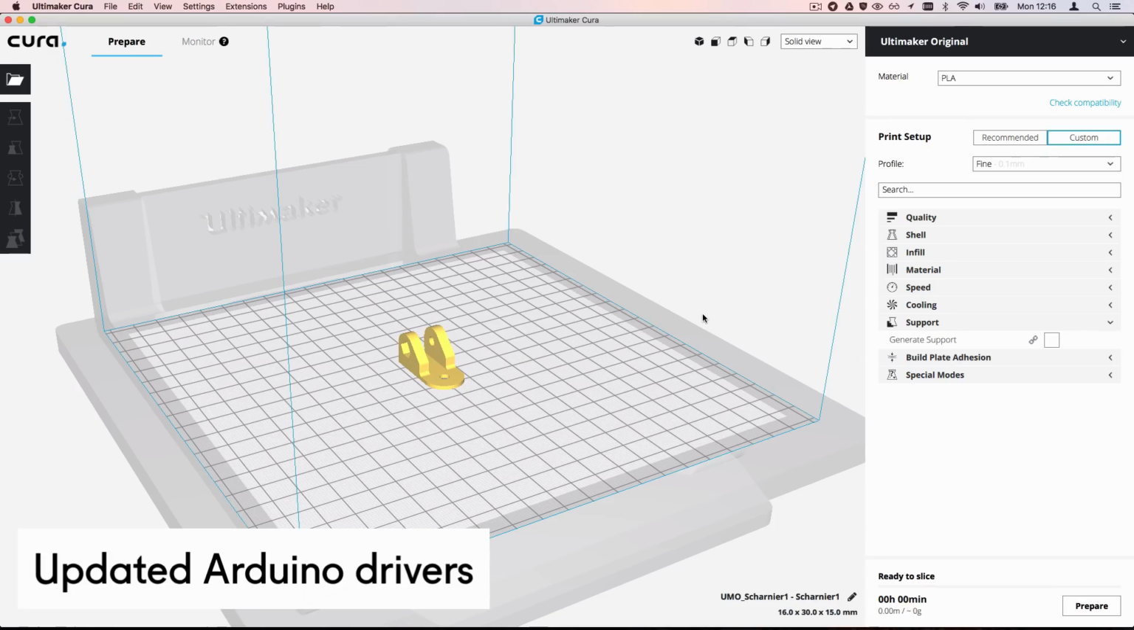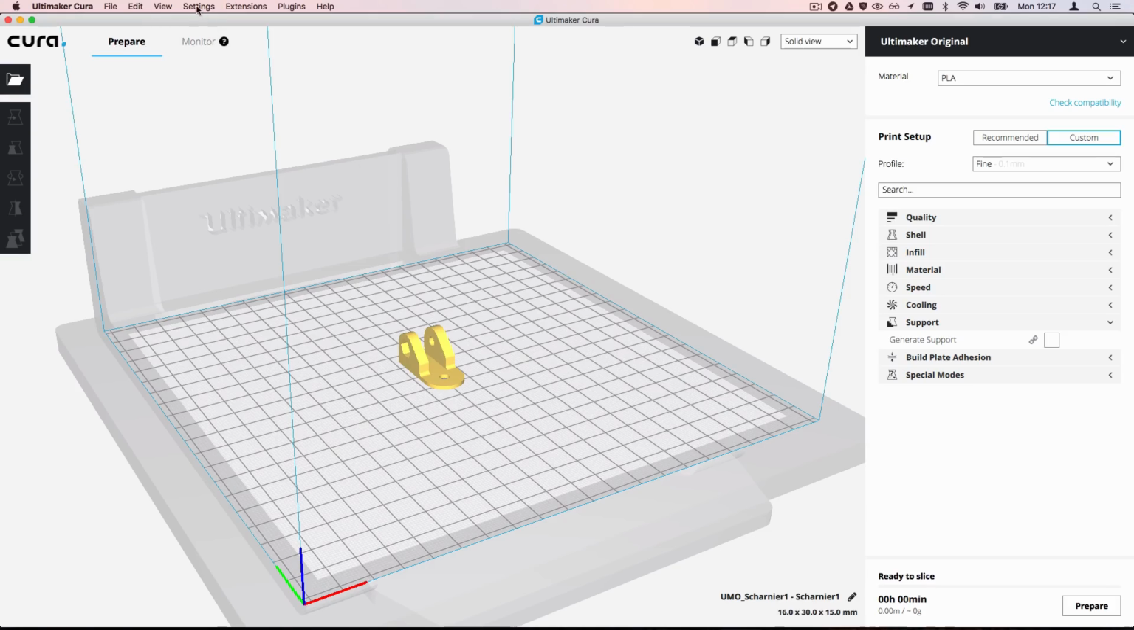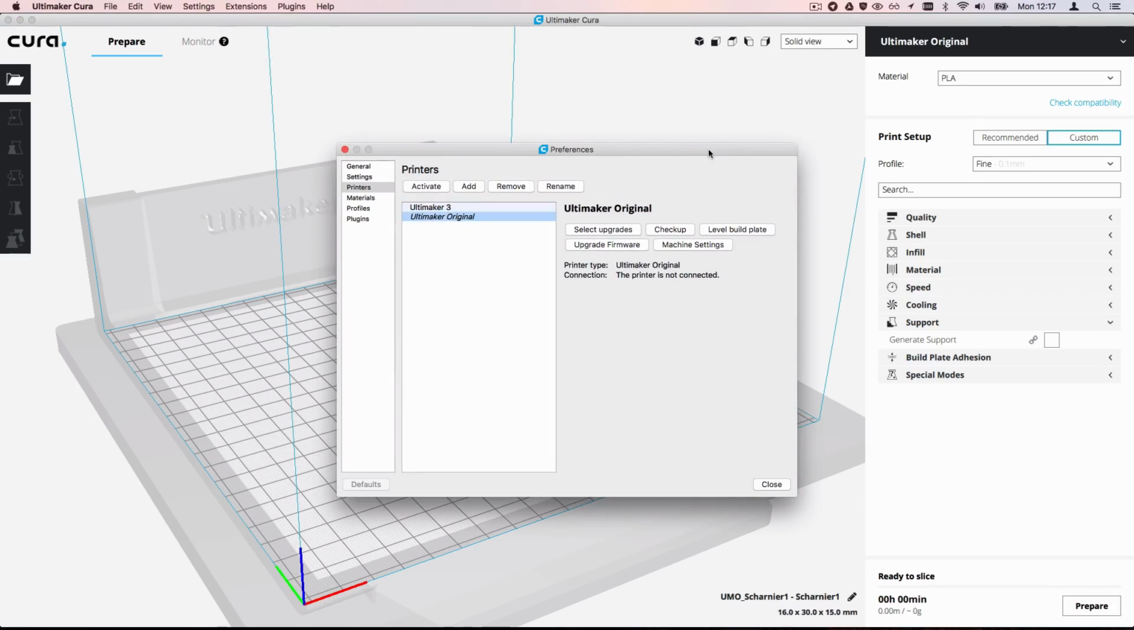Unfortunately, in the latest version of Cura, the Arduino drivers that were delivered with Cura were outdated. This led to a series of problems. First of all, when you had an Ultimaker Original and you would try to upgrade the firmware, then the firmware upgrade wouldn't actually succeed properly. So right now, when you have an Original, upgrade to Cura 3.2 and upgrade your firmware straight from the menu